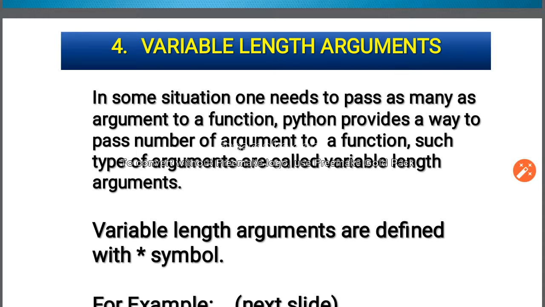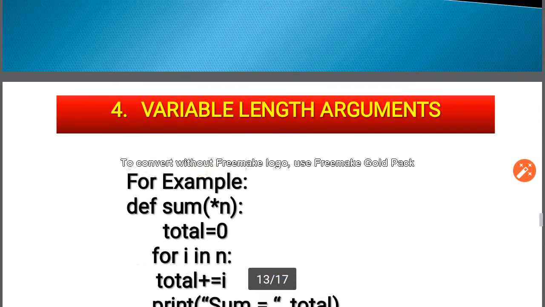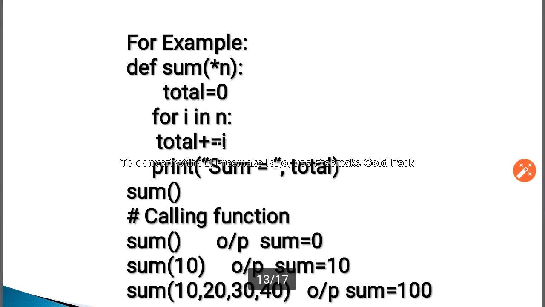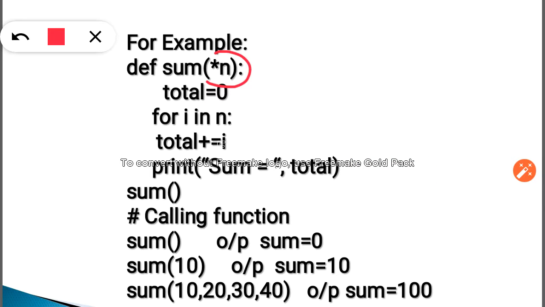Now how to define it? For that we use the star symbol. For example, that example is in the next slide. Over here, def sum(*n). Just now I told you that with *n we can have a variable length.